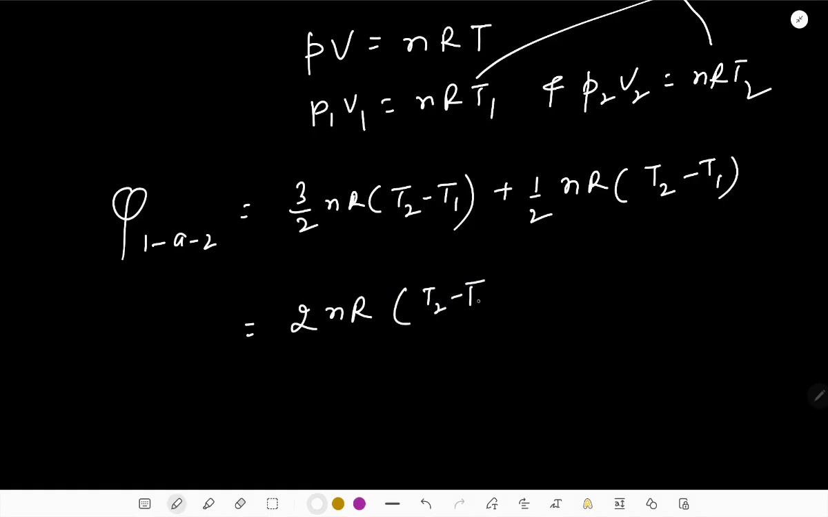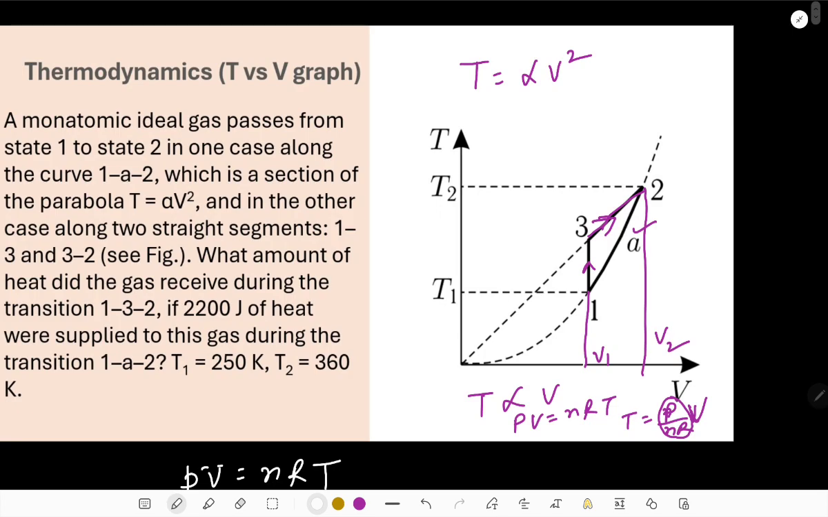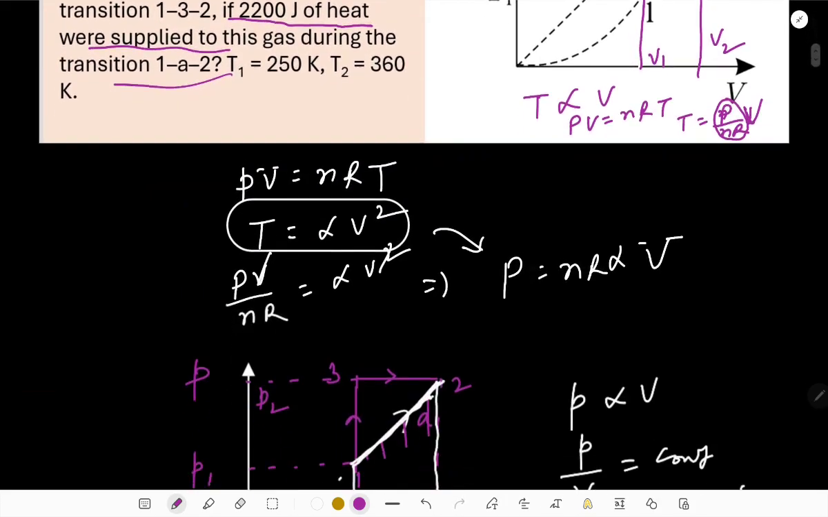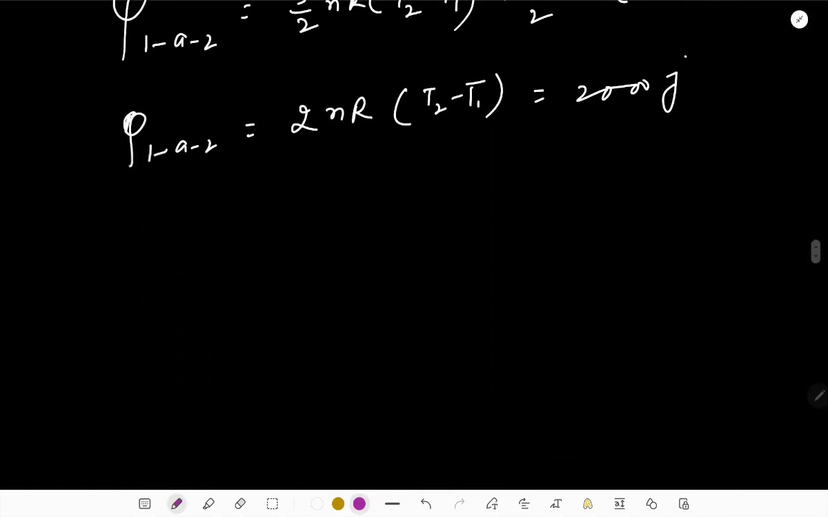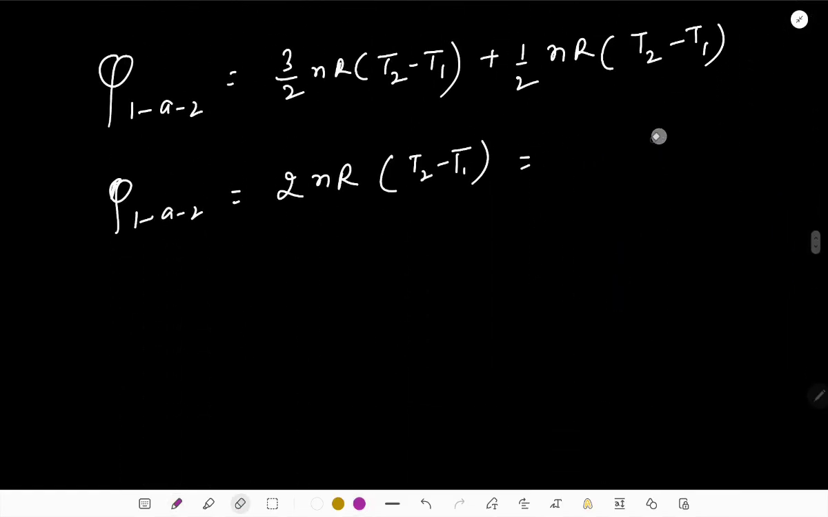(T2 minus T1) is the heat supplied in this process, and its value was given. It was equal to 2200 joule in the problem itself. It was not 200 joule, but it was 2200 joule. So we can find nR from here, but one thing is still left to be